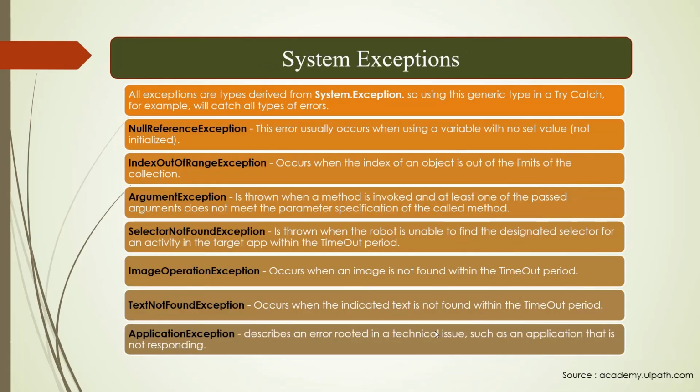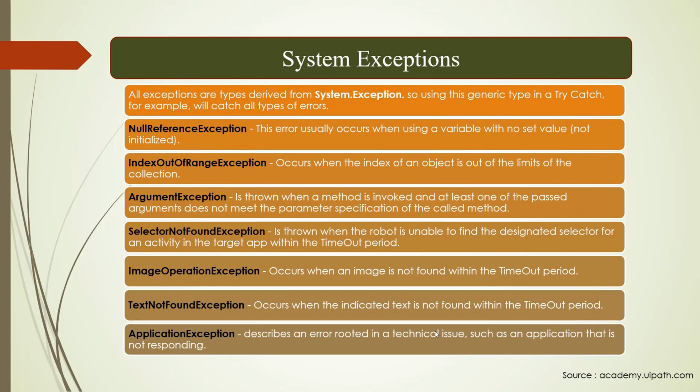So moving forward now. I hope you understand why it is important, what an exception is, and how it differs from an error. We are not going to focus more on errors, because an error is something which the compiler takes care of. Whenever you press F5 in UiPath Studio, it will tell you that this is the error, so resolve it. But an exception is something which, as a developer, you have to take care of.